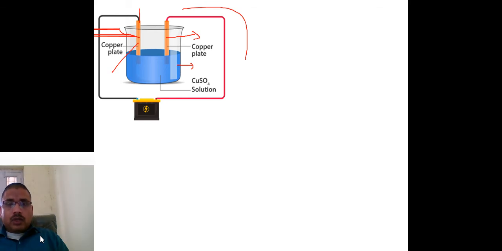There is one thing: how the chemical effects are observed with the help of observation. And the second thing which we want to discuss here is what the electrodes are, and these electrodes are basically the anode and cathode, and how electroplating takes place, and what the different applications of electroplating are. So it is all about this chapter.